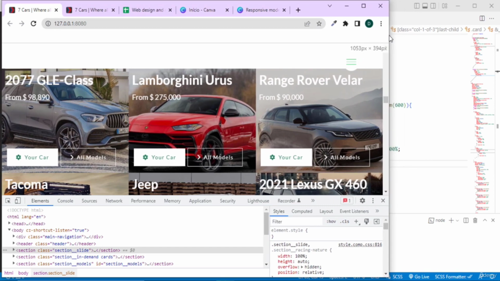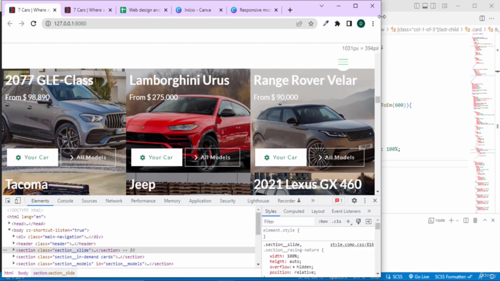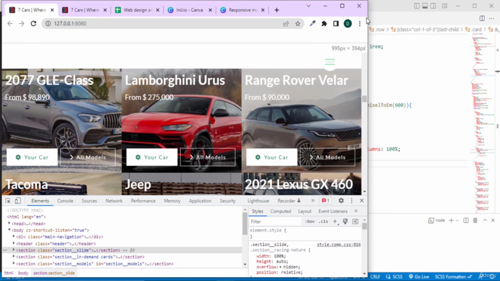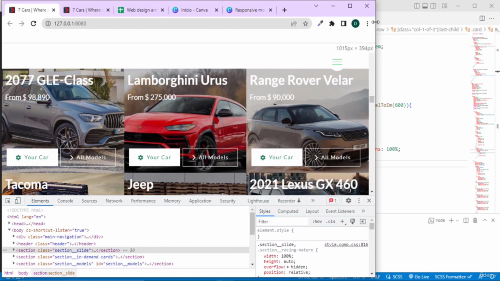Okay, these cars are so beautiful and these buttons are so big. So an idea is to keep showing them until, okay, even here, but reducing the font size, or we can even just show two columns. Let's come here to